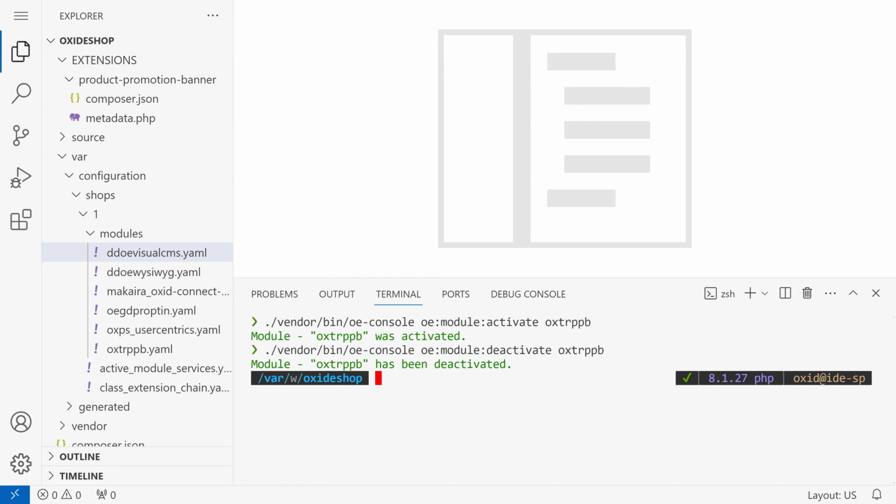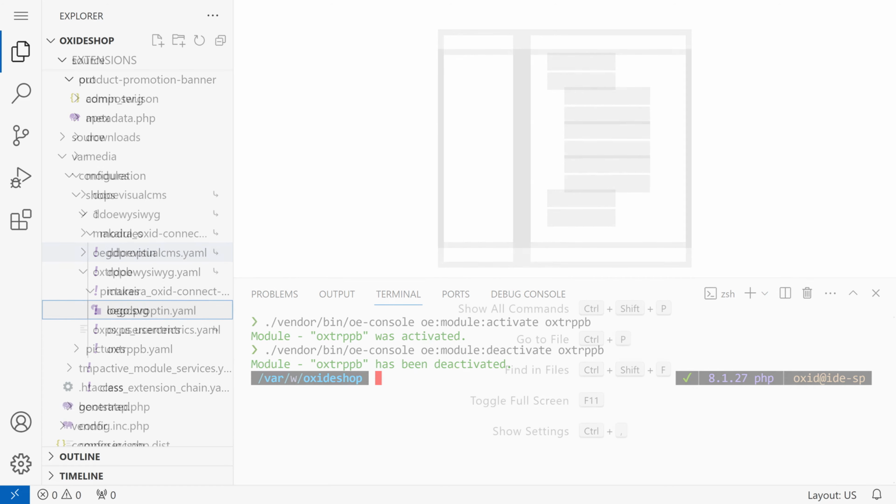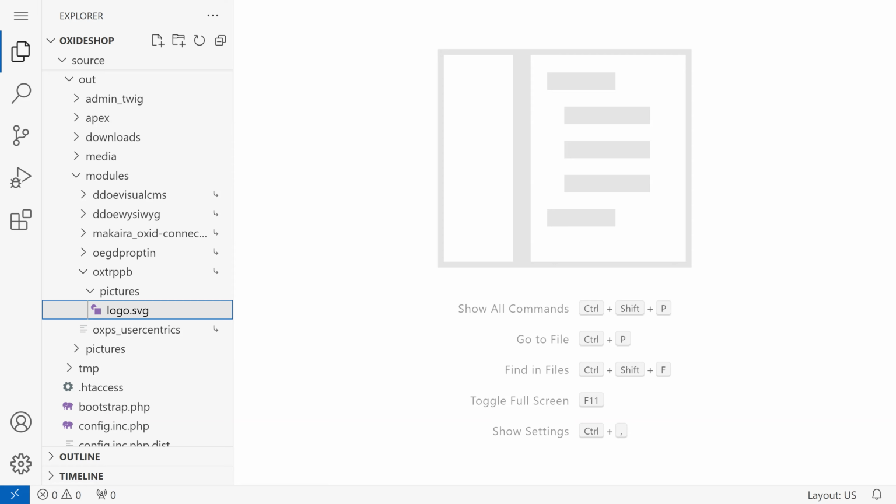The creation of it is one of the two important tasks on module installation. The second task is installing the assets. Our module currently only has one asset, which is the logo.svg. This file is copied during the installation process to the global source/out directory. You should find it in